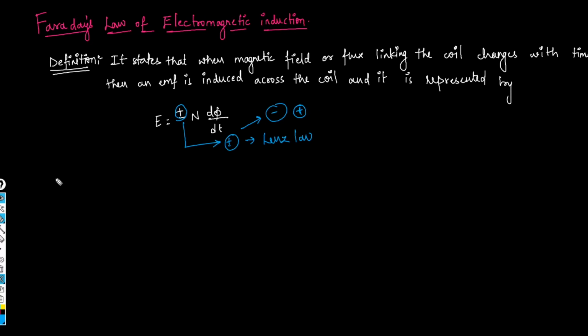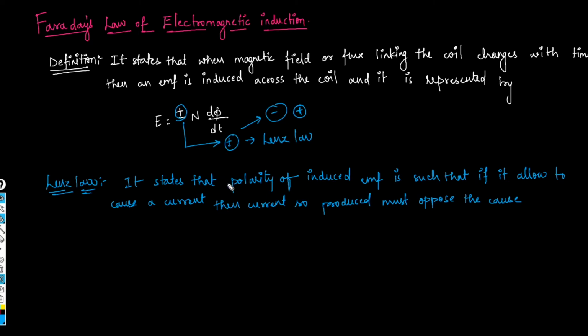Coming to the Lenz's law definition, it states that the polarity of the induced EMF is such that if it allows a current to flow, then the current so produced must oppose the cause. So whatever this plus or minus sign is, it indicates the polarity of the induced EMF, and it indicates that it should be in opposition to the cause that is inducing the EMF and current. If I have to explain with an example,